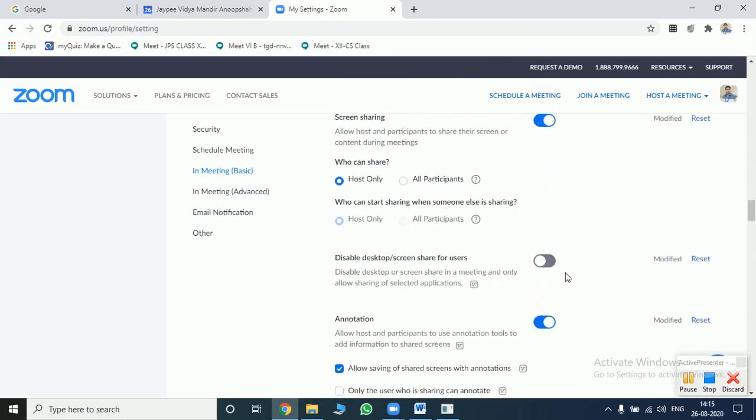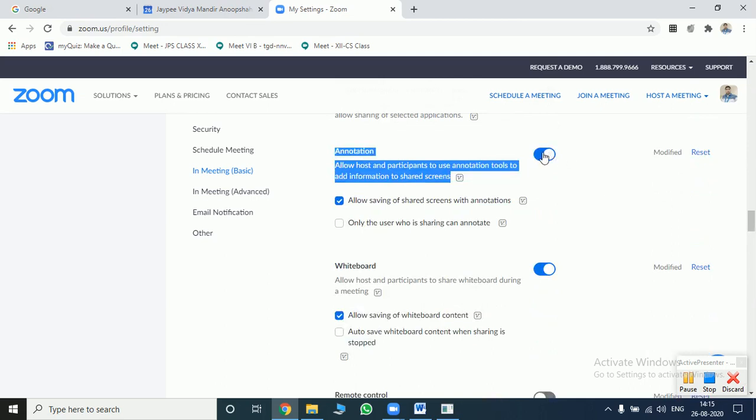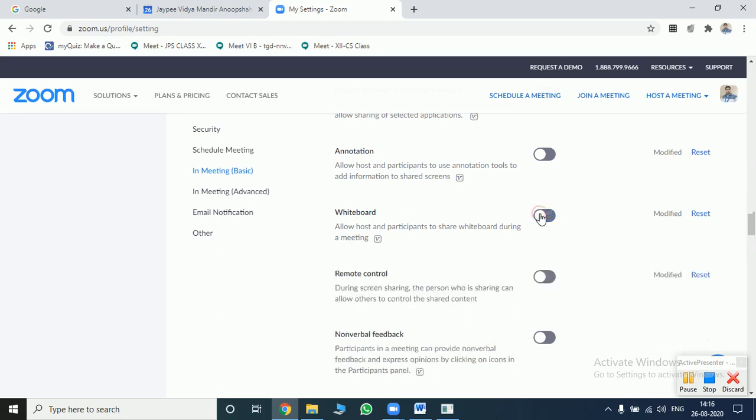Sharing features. Yes, one important thing is annotation. So you should disable it from here so that the participants are not able to start making anything over your screen while you are sharing, right? You can disable the whiteboard or enable it as per your choice. You should disable it if it is not required by all participants, right?